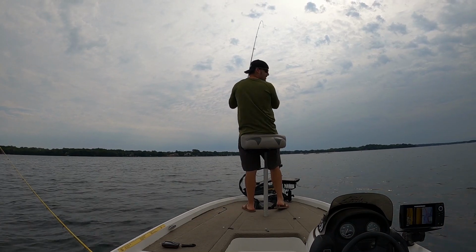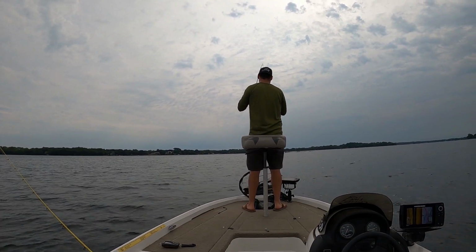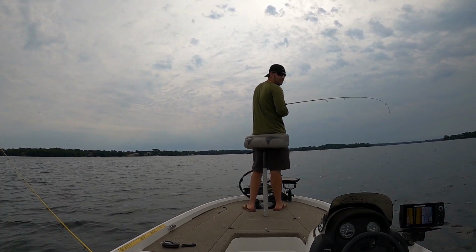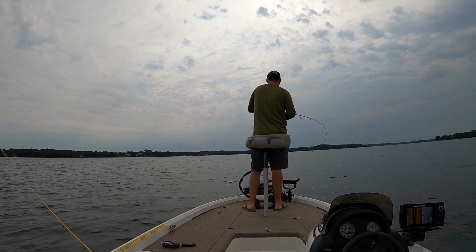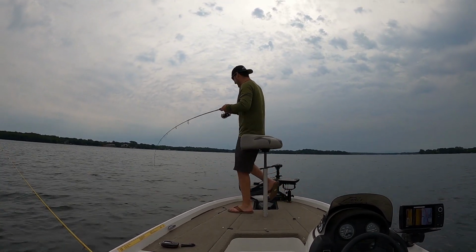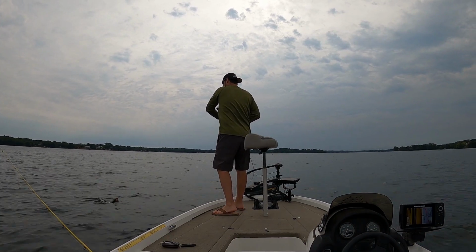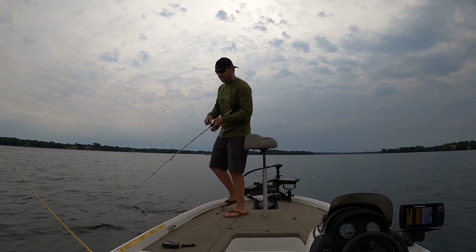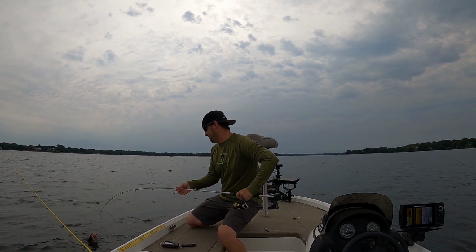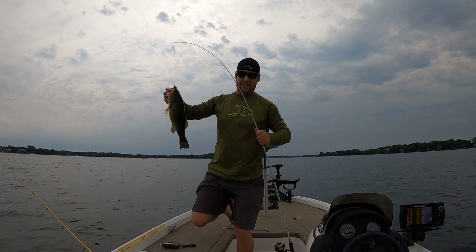Another fish on. Feels like a little better one. I think it's a better fish, guys. Be a pike. Rolling like a pike, I can't tell. Oh, nice bass, nice bass. Solid bass, guys. 2.5, maybe 3 pounds. 2.5 probably. Gotcha. 2 pounds. But, as you can see,